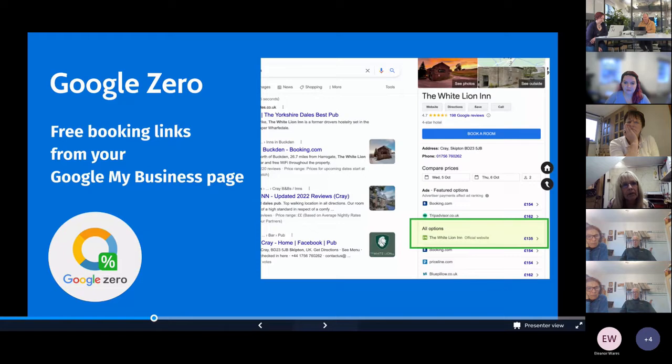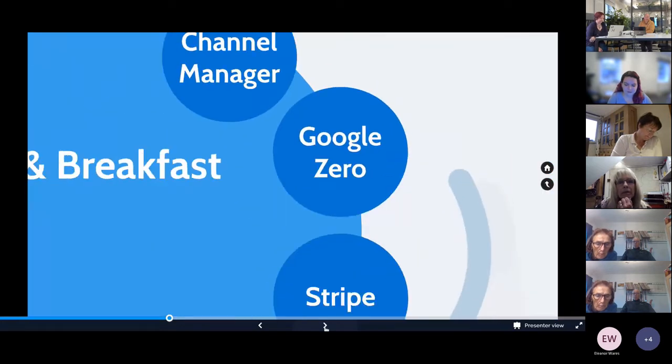So this is something Google did about a year and a half ago. And we were quite amazed that they did this, because this obviously eats into their advertising. But we've seen it work really well. I think this year so far, we think we're going to get about 40,000 bookings through it for our customers. So really, all of those are commission free. So it's quite an amazing thing. And we advocate everybody uses it, because it's very simple to set up, but it's also, in terms of your advertising, about as good as it gets. So we have that as a service.